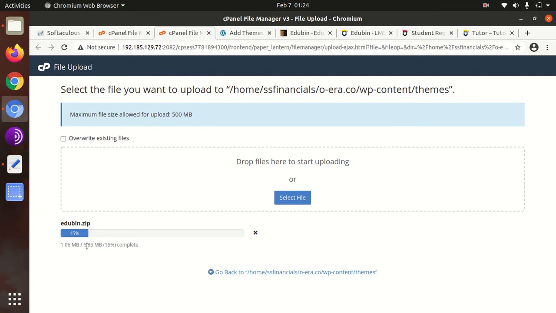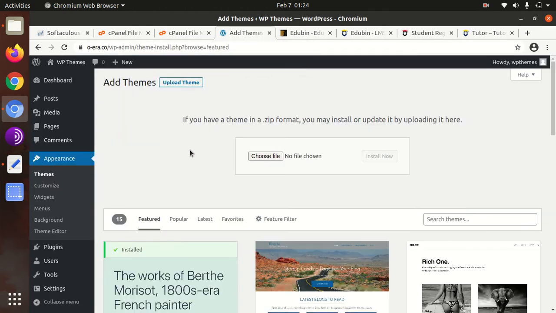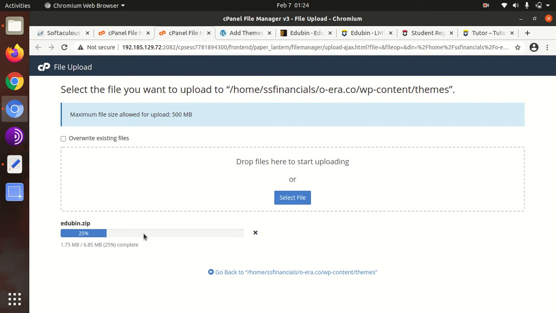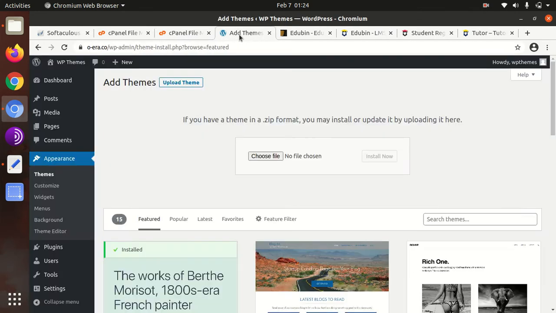I mean, it is a lightweight theme, and it will definitely work very fast on a website made with this theme. Both methods of uploading the theme are the same. Either you can upload from the WordPress panel or you can upload directly on your server, so don't get confused. You have to do only one.